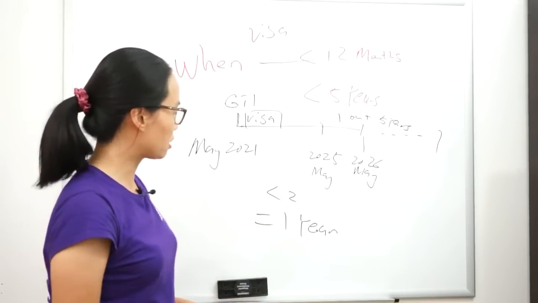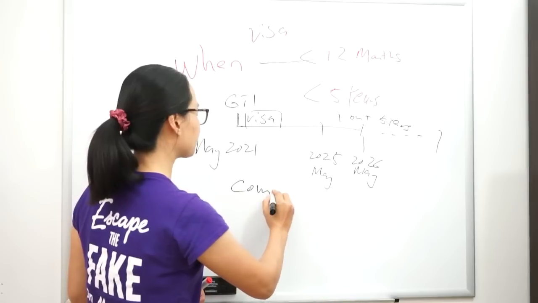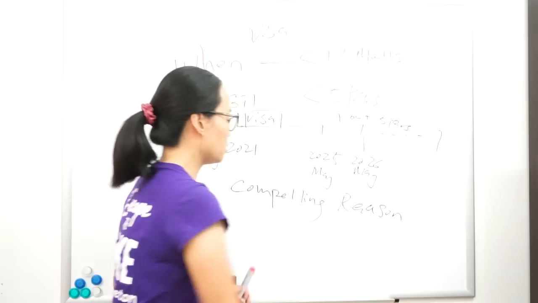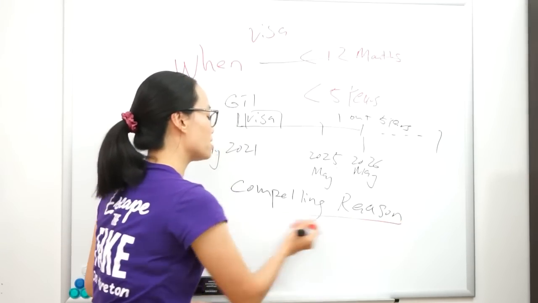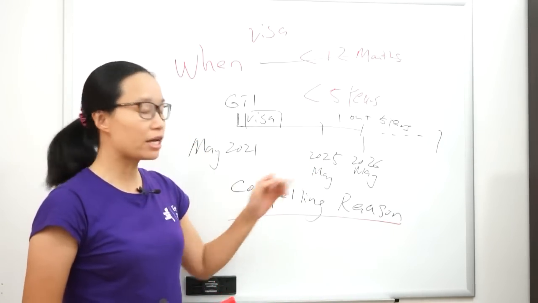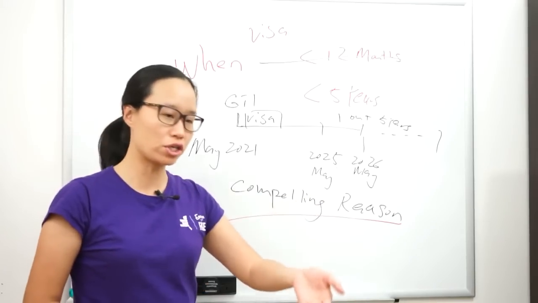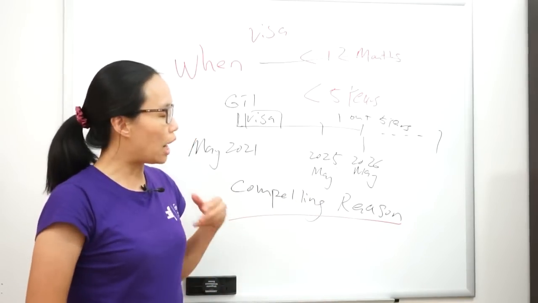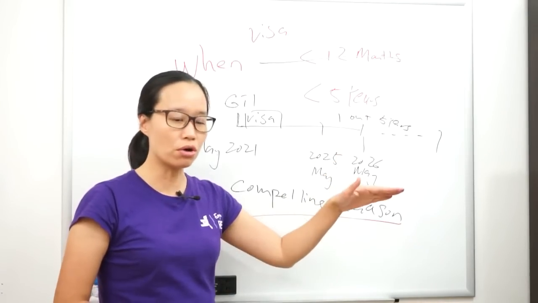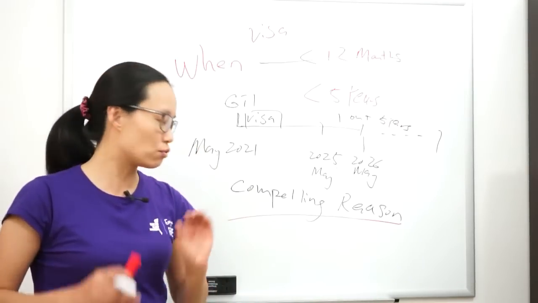Provided you meet some conditions called a compelling reason, you must justify that. Most of the time in this situation, you say, okay, I have a compelling reason. If someone's already in Australia, it's simple: they say, I've got kids here, I have a company here, or I've got a job here. That's enough. If someone is in Australia at the time of applying for renewal, that will be sufficient. Providing an employment status will be sufficient.